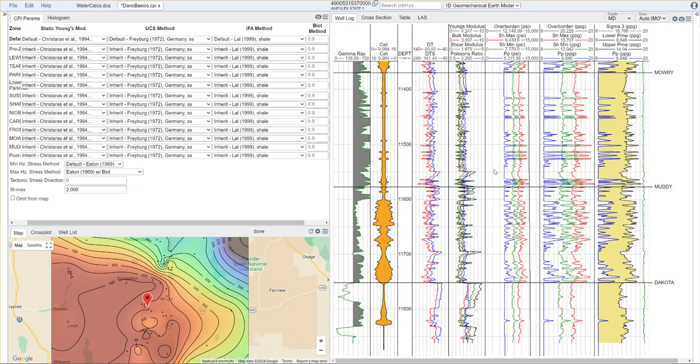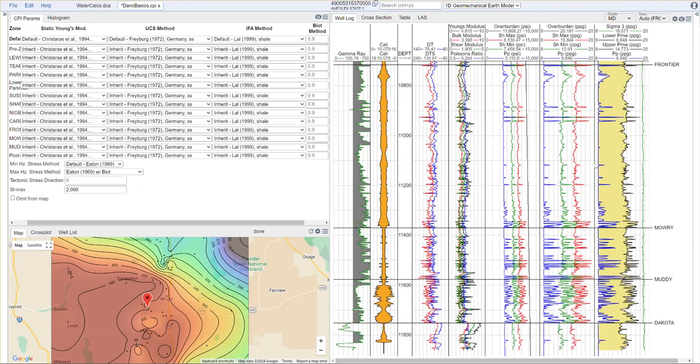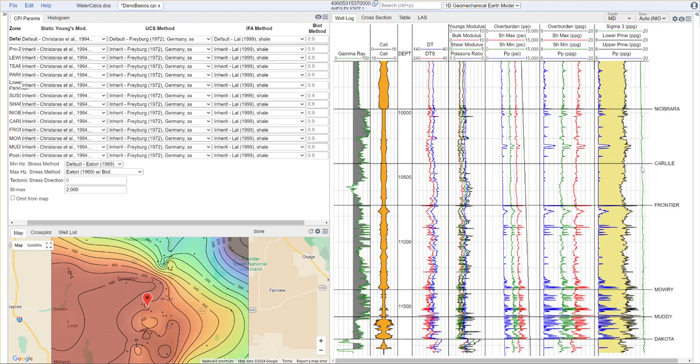So once again, this is one of the more advanced modules. It requires you to have already gone through and calculated all your key reservoir properties, calculated your synthetic shear, calculated your geomechanics, calculated your pore pressure, and then we bring that into our tectonic stress regime, and we calculate those mud weight windows. And this is something, of course, you'll want to work with your drillers on when you're designing